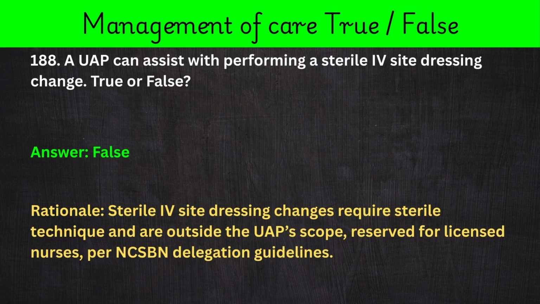188. A UAP can assist with performing a sterile dressing change. True or false? Answer: false. Rationale: sterile dressing changes require sterile technique and are outside the UAP scope, reserved for licensed nurses, per NCLEX-PN